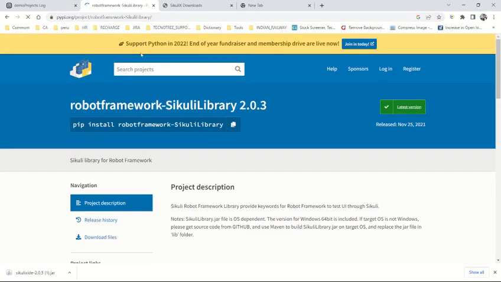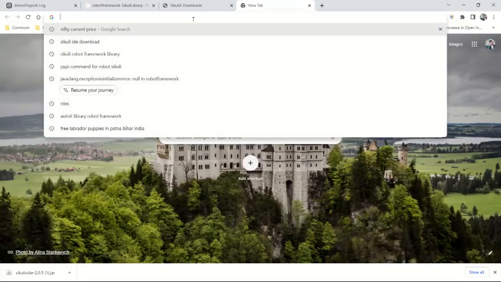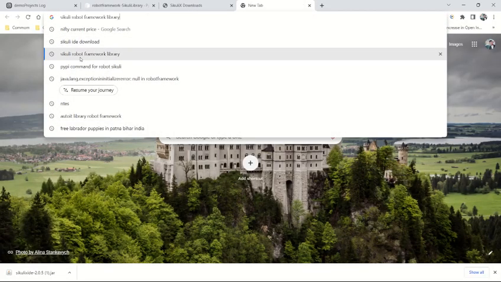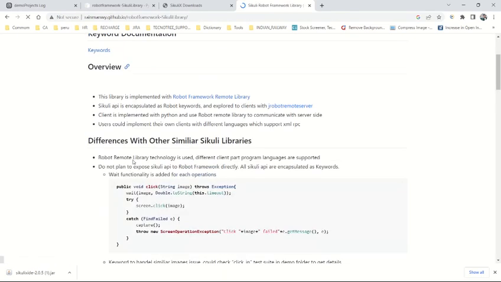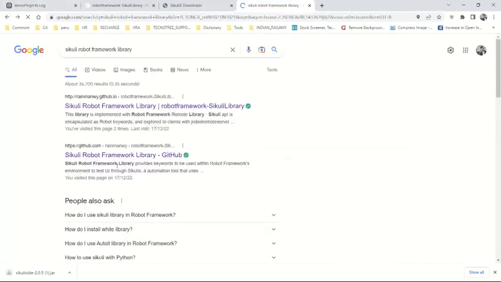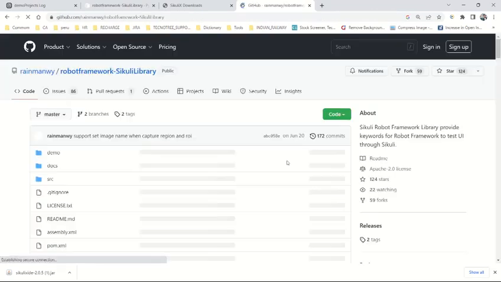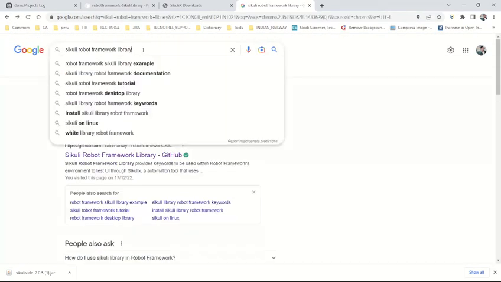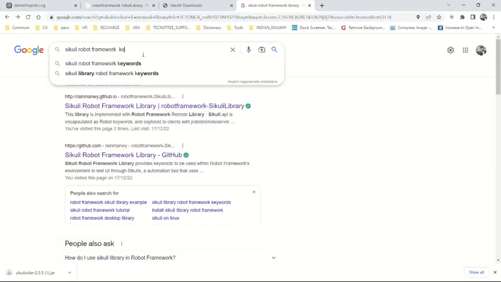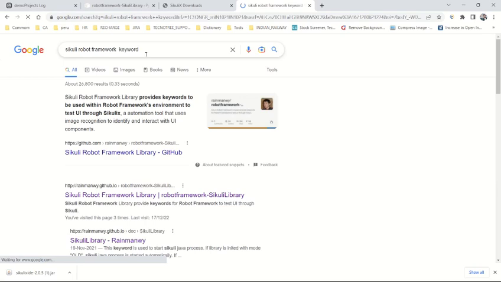Yeah, the pip command you can get it from here. And this is the PyPI, and this is the command to install the SQL library. And here you can search for SQL robot framework library. If you click on this first, so not here, my bad, GitHub, not here also, SQL robot framework library, keyword. If you type keyword here,